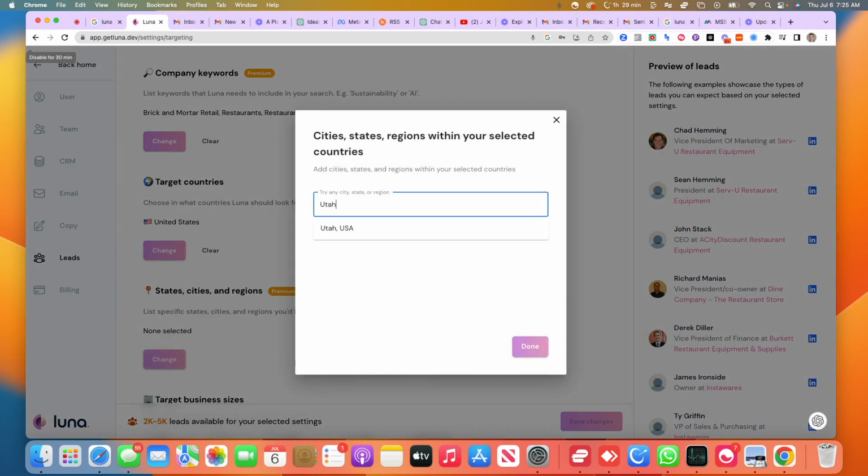Let's do Utah. Let's do Idaho. Arizona. Colorado. Wyoming. Just to start with. This way we can at least have a narrow vector to focus on. See what it does for us.